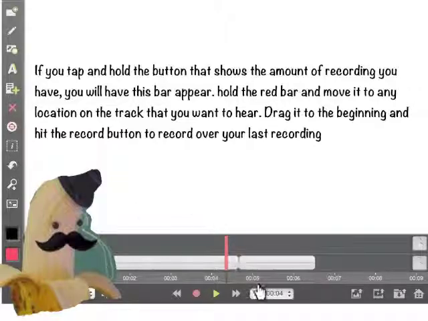But wait, there's more to the recording station. If you tap and hold the button that shows the amount of recording you have, this bar will appear. Here's the bar. You can see here's the sound. Hold the red bar and move it to any location on the track that you want to hear. This is the red bar. You can move it to the beginning, to the end, anywhere you want. Drag it to the beginning